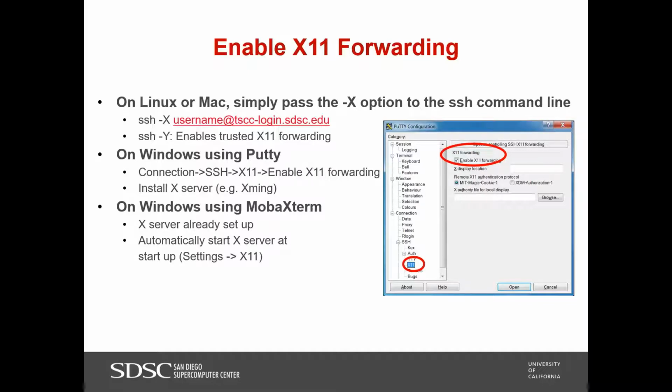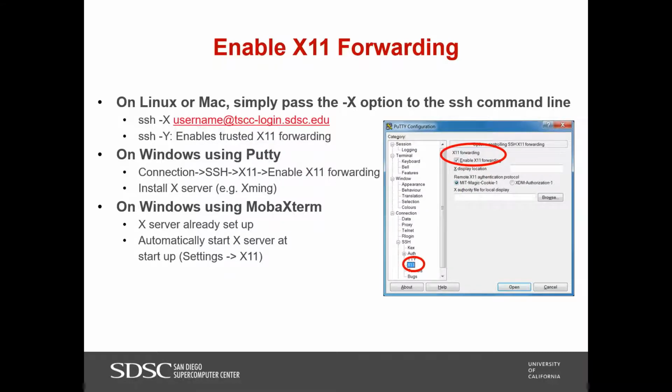and then after your login, you should be able to have the X11 forwarding enabled. And if you are using Windows, first you need to make sure that you have installed the Xming server. So Xming server is a tool that helps you to set up your X11 forwarding on your local machine.